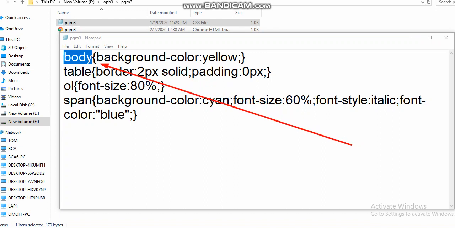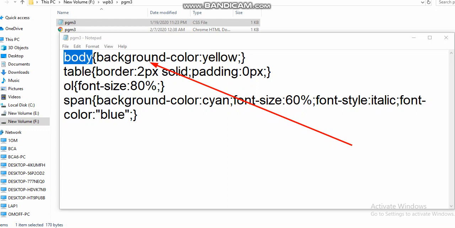All these are the attributes of body tag. So when we take a flower bracket, we can apply the properties to the attributes of body tag. So background is one of the attributes of body tag, right? BG color, that is one of the attributes which is used to give the color.